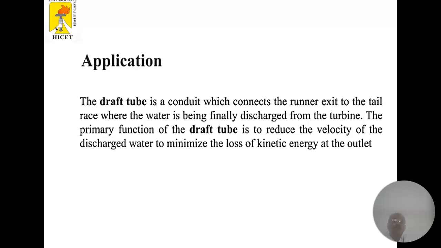Then applications of the draft tube. It is a conduit which connects the runner exit to the tailrace, where the water is being finally discharged. The primary function of the draft tube is to reduce the velocity of the discharged water to minimize the loss of